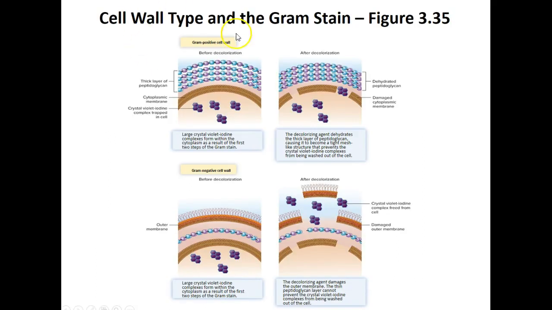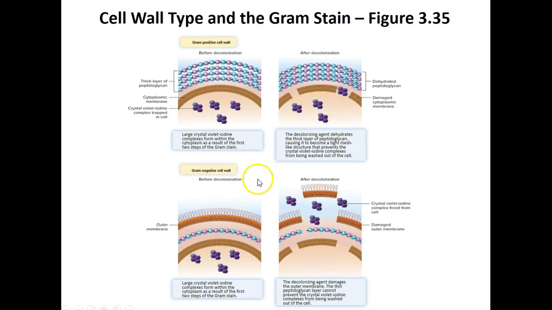The thought or the hypothesis is that as you use the decolorizer, the peptidoglycan associated with gram-positive cells constricts and contracts. Notice the thickness of the peptidoglycan here before decolorization, and notice how it becomes more compact after decolorization. That decolorization step, constriction of the peptidoglycan resists the removal of the iodine crystal violet complexes, and